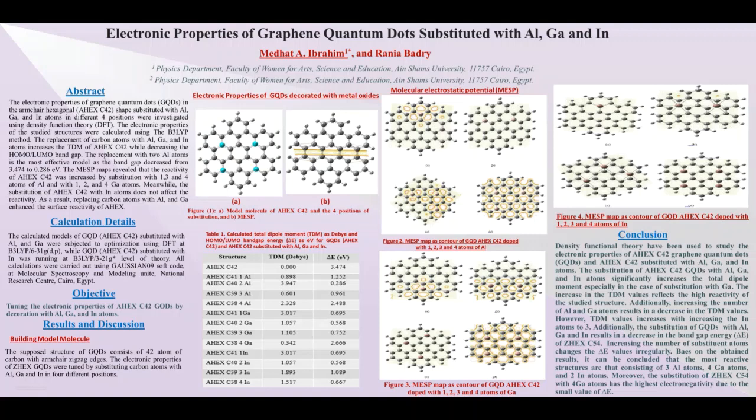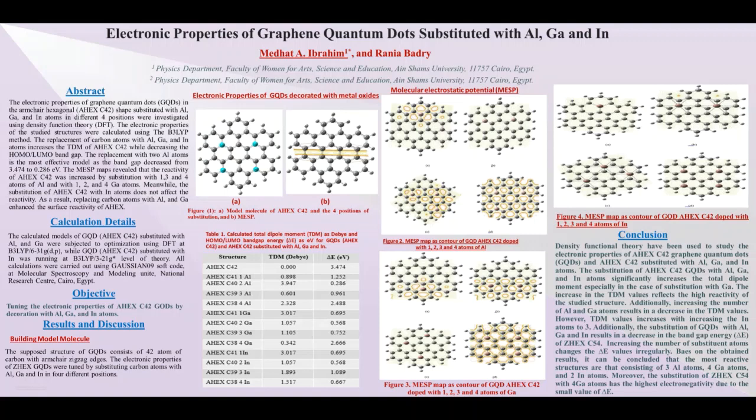The replacement of carbon atoms with aluminum, gallium, and indium atoms increases the total dipole moment of armchair hexagonal C42 while decreasing the HOMO-LUMO band gap energy. The replacement with 2 aluminum atoms is the most effective model, as the band gap decreased from 3.4 to 0.2 electron volt. The molecular electrostatic potential maps revealed that the reactivity of armchair hexagonal C42 was increased by substitution with